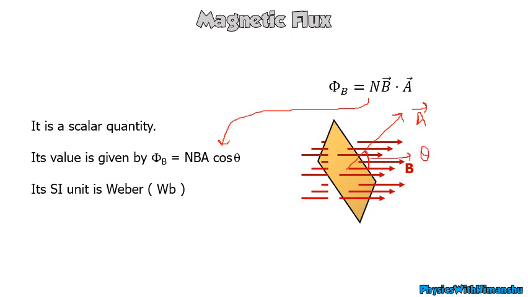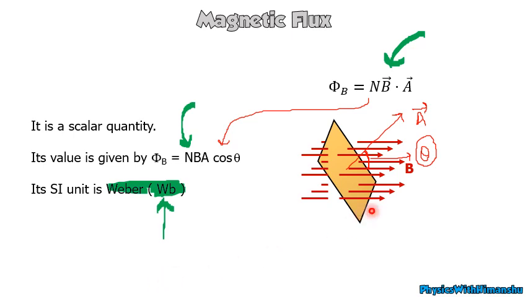So this will be the angle theta. Remember, theta is not the angle between magnetic field and area. It is the angle between magnetic field and area vector, and the area vector is perpendicular to the area. Its SI unit is Weber, and we denote it by Wb. So please remember the formula, and remember we also have to multiply by the number of turns, N. So the formula is NBA cos theta. If theta, A, B and N are given, you have to use this formula. And suppose both quantities are given in vector form, then you have to use the dot product formula. You have to practice questions to learn which formula to use and which not to use.